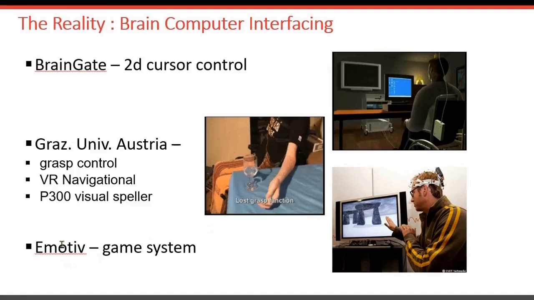We also have some portable technology, portable systems that allow us to record brain signals in real time and then control, let's say, a computer application. This is a game. Or other applications such as grasping a bottle. We will see that BCIs or BMIs can also be used in virtual reality applications or for spelling. So for people who are unable to communicate, we can try to develop technology using BCIs.